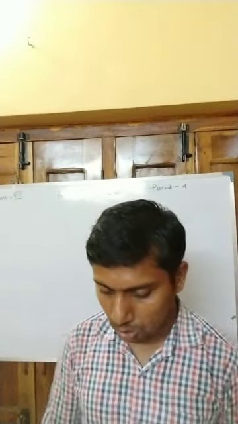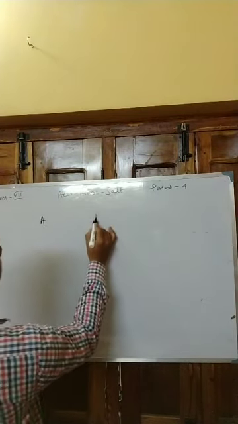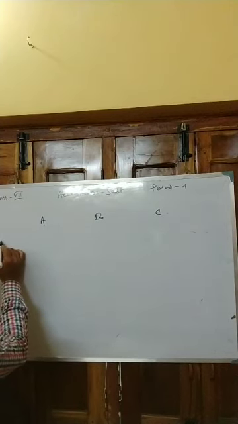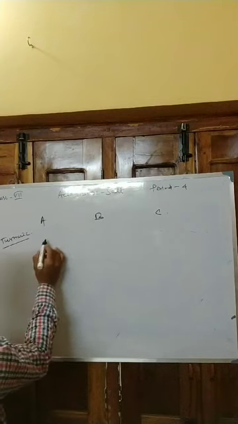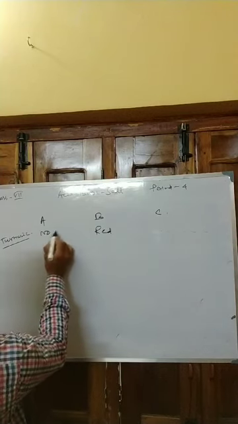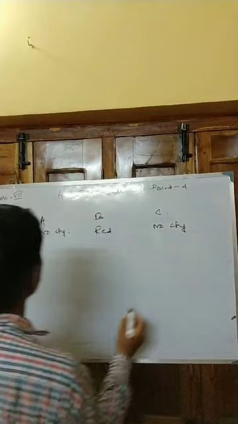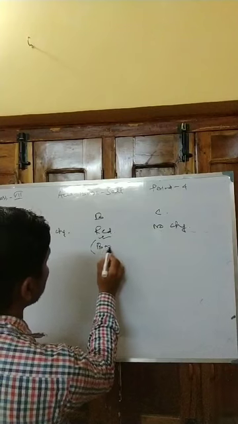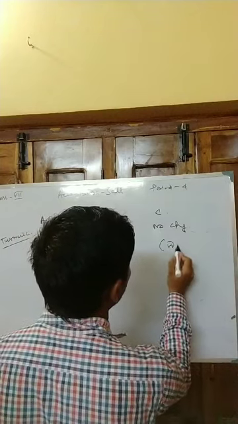For this question, take 3 solutions, that is A, B and C. Now add turmeric. It is red. It is acid, no change. It is water, no change. So it will give red color. Turmeric gives red color, so it is the base. No change, that is acid. Here it is also water.